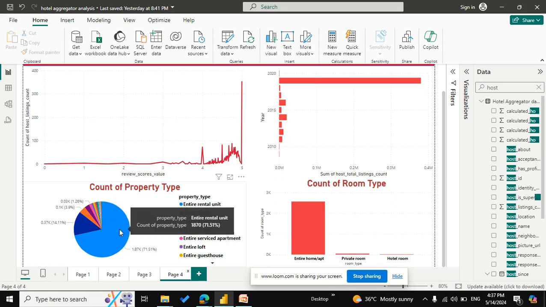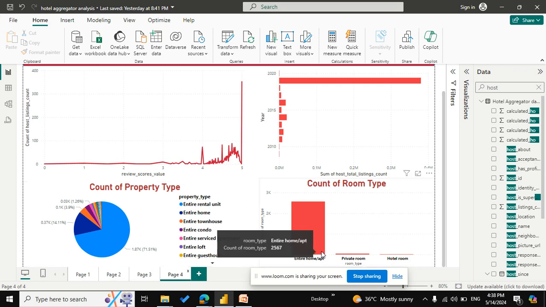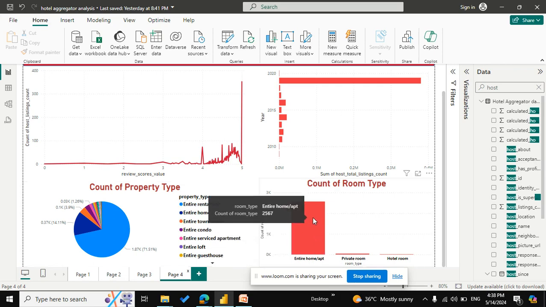So the entire rental unit has the highest count, meaning more properties are entire rental units. Also, the largest amount of rooms are related to entire home and apartment, and the least is the hotel room.